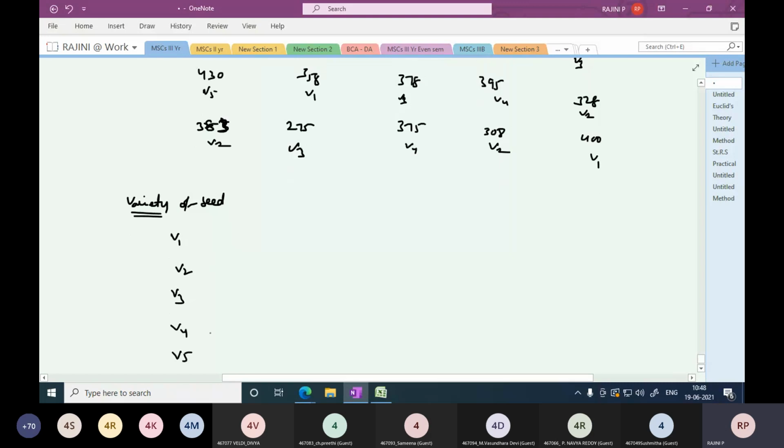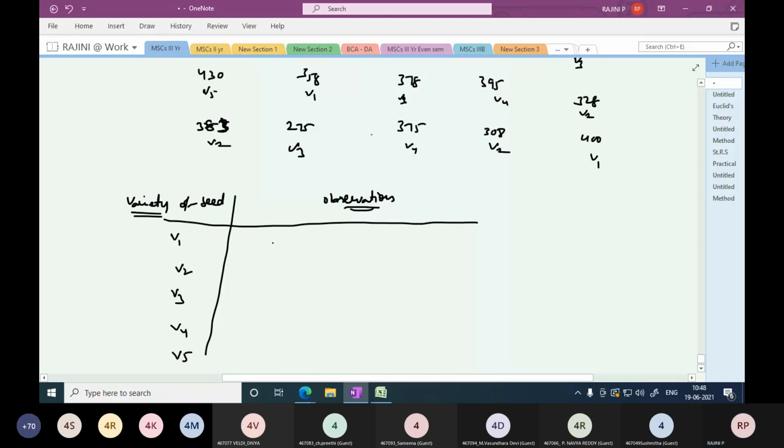Did you understand how to arrange the values? And now you just write the observations. How can we write the observations? In the first row, check where V1 is repeating. Write the values, and then V2, V3, V4, V5, like that. Wherever it is there, you need to arrange all the values. So this arranged data is called the one-way classification. Here we apply the one-way. Before this, what you have done comes under the CRD. Did you understand the difference?